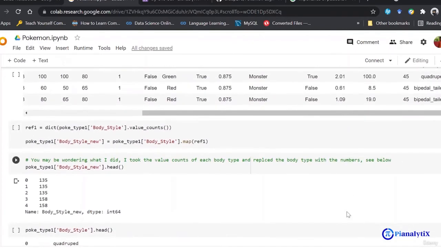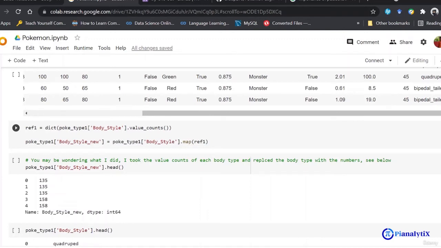Now you can see that we have the value counts function, which basically tells you how many times a category has occurred and all the unique categories specified. So I'm putting all of that data into a dictionary and I'm using my map function, which is basically taking that dictionary and looking out for the keys.